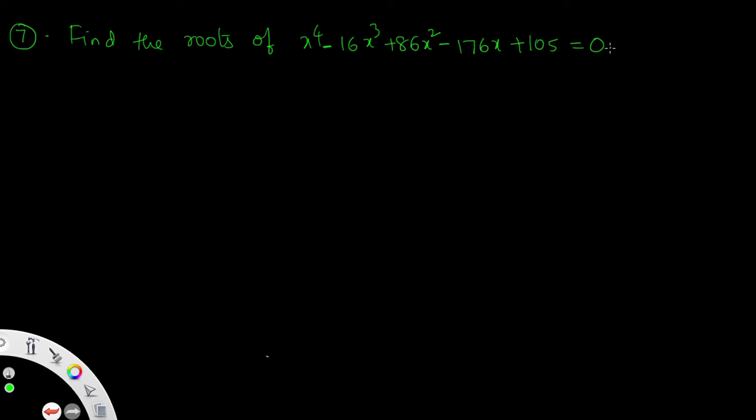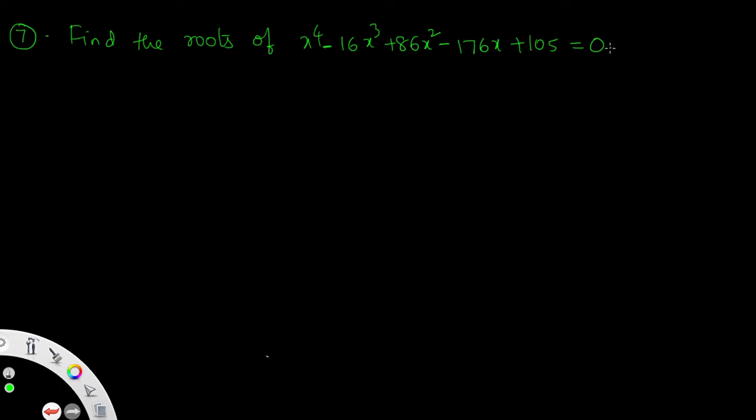In any question where the degree of the equation is given, we can tell how many roots we have to find. For a fourth degree equation there are 4 roots. Let the roots be alpha, beta, gamma, and delta. For finding the 4 roots, one of the easiest methods is to find one root by the trial and error method, substituting 1, minus 1, 2, minus 2, then 3, and so on. That way you can get one of the roots.